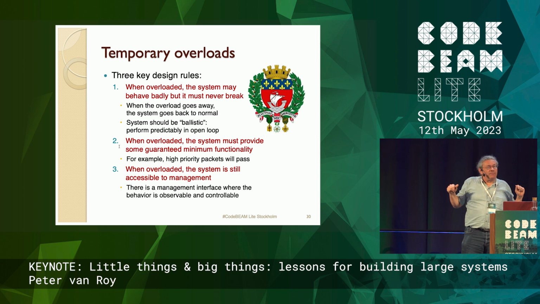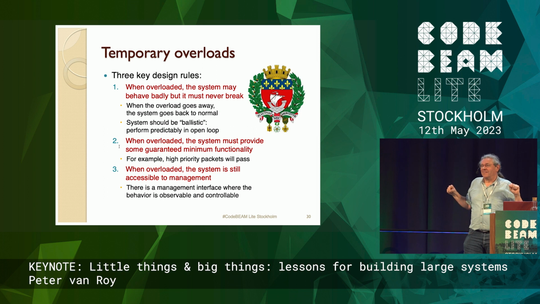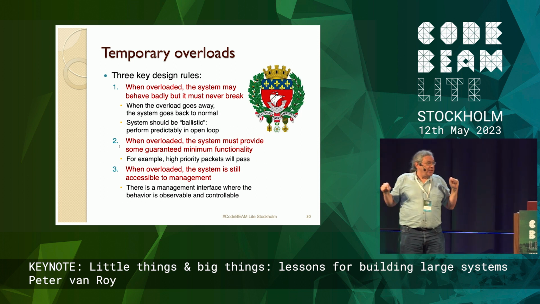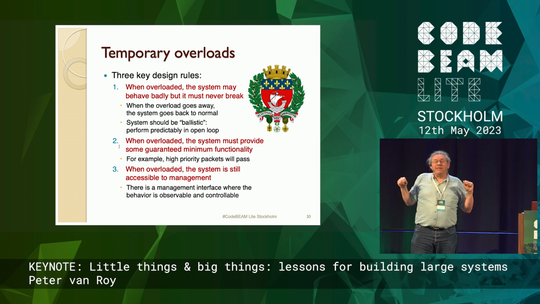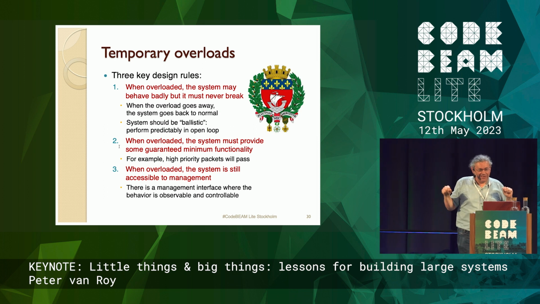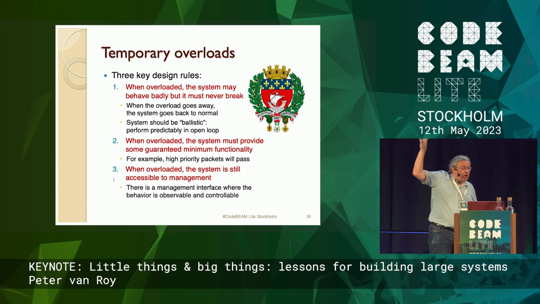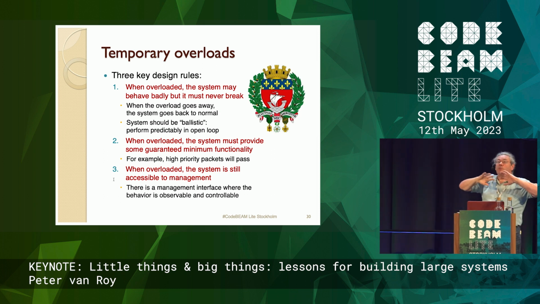But in the military, they have this thing called EAM, Emergency Action Messages, which must always pass. Okay, low bandwidth, must always pass. These are messages of the form, please cancel the launching of the nuclear missile. This message should always pass, okay? But it didn't do that. So, predictably, the US military did not sign a contract with this company that will remain unnamed. Finally, you still need to be able to manage the system when overloaded. So if you follow these 3 rules, your system will be very nice when it's overloaded.